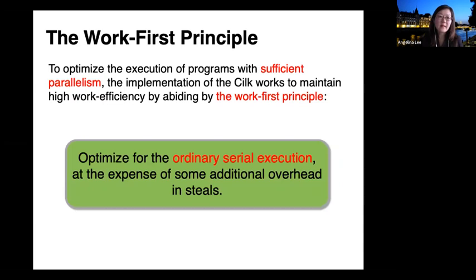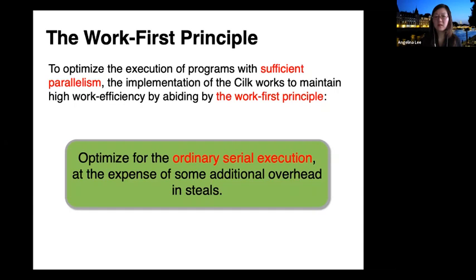So based on that, the runtime is organized around what we call the work-first principle. The work-first principle is designed to optimize for the execution of a parallel program with sufficient parallelism, where basically we want the platform to maintain high work efficiency by optimizing for the ordinary serial execution at the expense of some additional overhead in steals.